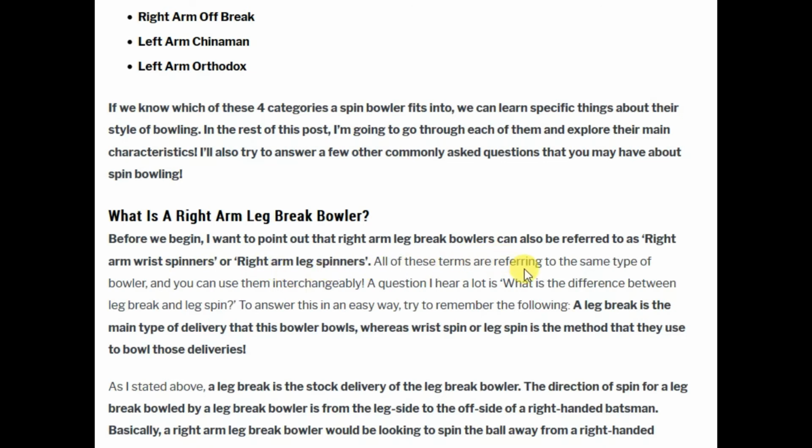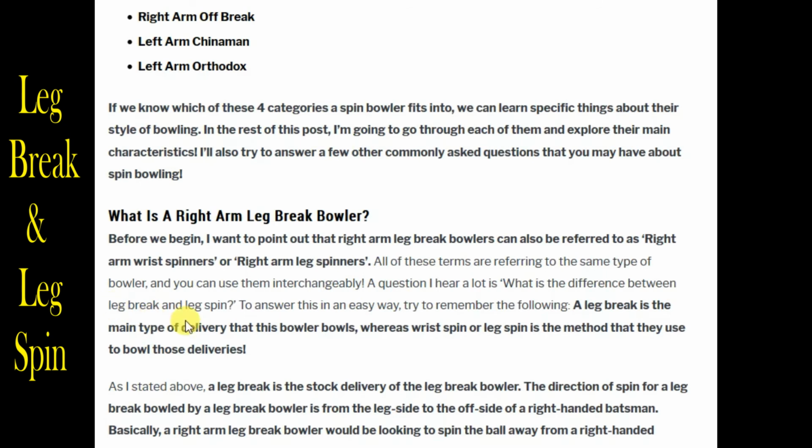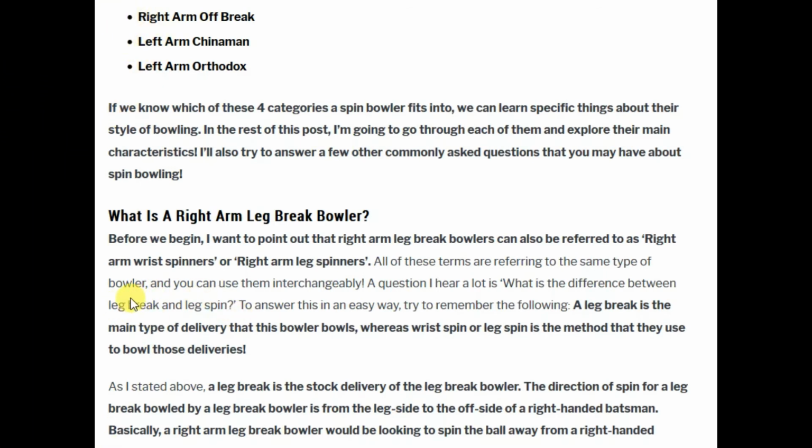All these terms refer to the same type of bowler, who can use them interchangeably. A question here: what is the difference between the leg break and leg spin? Many people do not know the difference between leg break and leg spin. To answer in an easy way, a leg break is the main type of delivery that this bowler bowls,